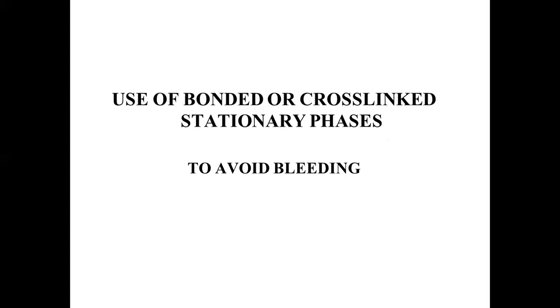This cross-linking will be done very simply. You just take the column which has been immobilized with the stationary phase. You introduce hydrogen peroxide into that. Hydrogen peroxide is a good reagent to initiate the free radical mechanism. As a chemist, we must know this; it is a very fundamental role of hydrogen peroxide. Hydrogen peroxide is a beautiful reagent. It is going to initiate the free radical mechanism for many organic compounds.